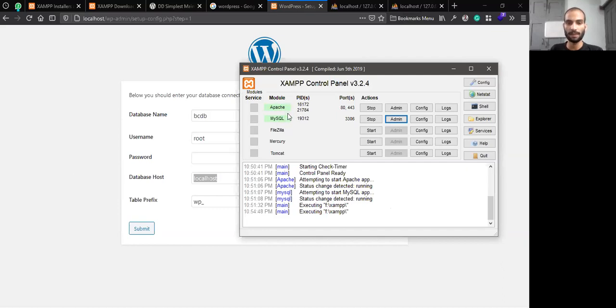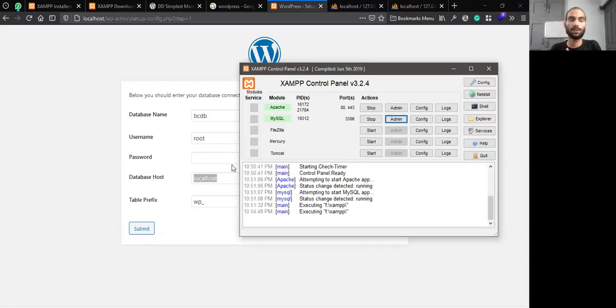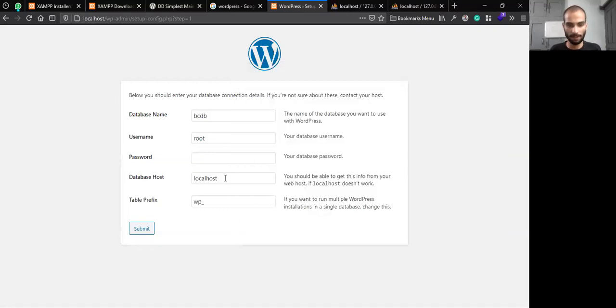Otherwise, if your Apache server is on this PC and your database is somewhere else, then you have to put in the details of that one. But right now we are using the same device for WordPress and for everything, so the same thing will be there.